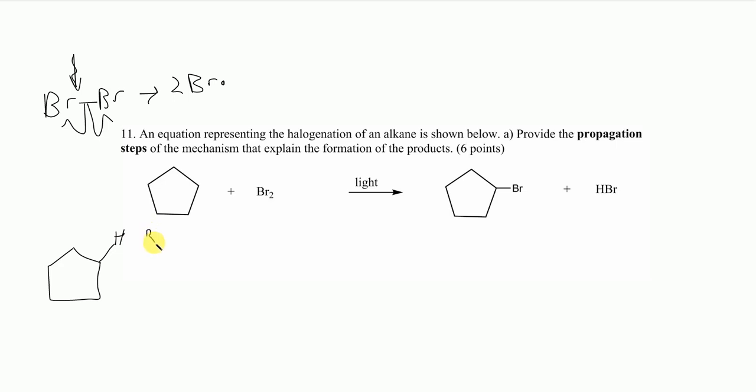Br radical is here. I have a hydrogen, right? I form HBr, so that's a hint. So I have a half reaction here, and I have one of these electrons here, and I have an electron going there, okay? So this is going to form the radical on the ring right here, plus HBr,